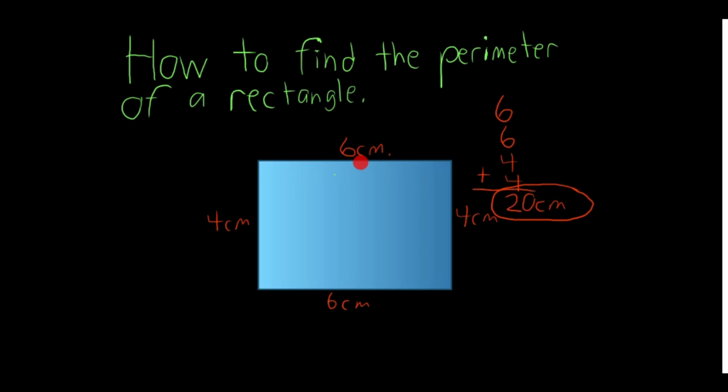Now, the values could change, but the formula remains the same. The perimeter of a rectangle, which is a type of polygon, closed figure, is the sum of the 4 sides. So it's the sum of 1, 2, 3, and 4 sides. So let's do them actually in sequence. 1, 2, 3, and 4